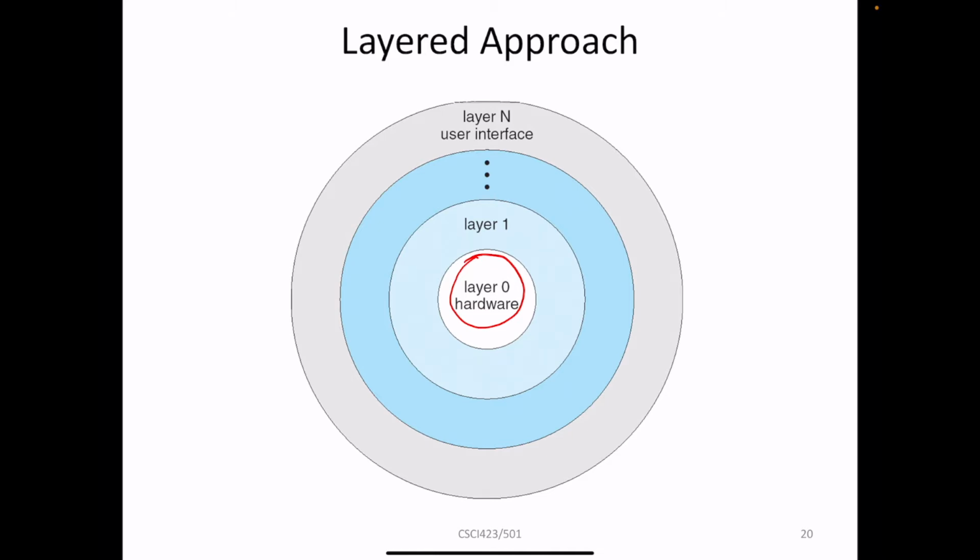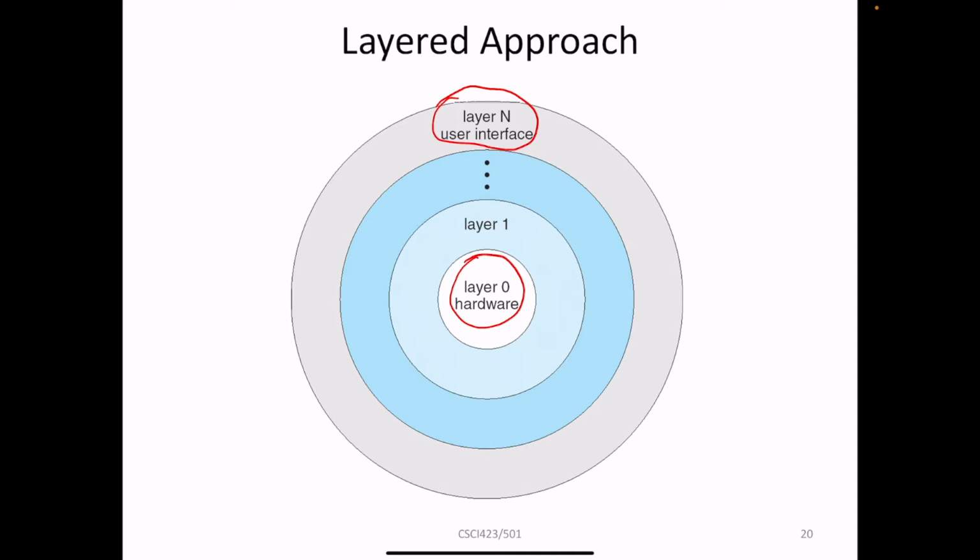On the most outside of the structure is layer N, or we call it user interface. The layers in between are system functionalities, with each functionality defined within a separate layer. So with this layered structure, each functionality can well maintain an interface to its neighbors and also provide service to